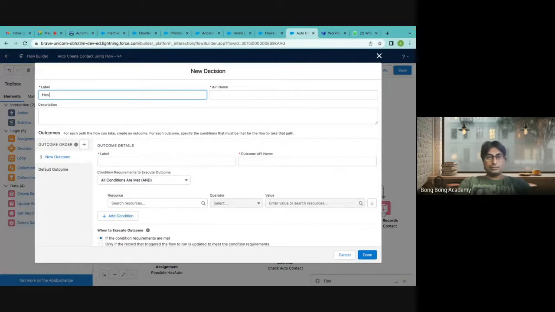Has auto contacts, or no auto contacts, anything like that. I am checking now. What is the default item? No contacts, no auto contacts. Let's make this check out. So, what I am checking in this decision is, did I get